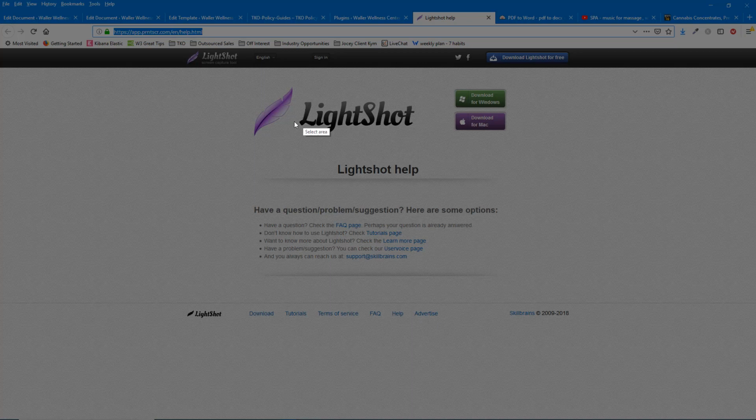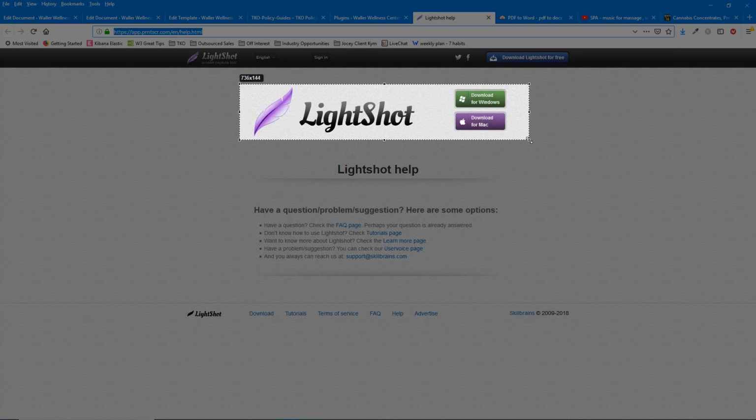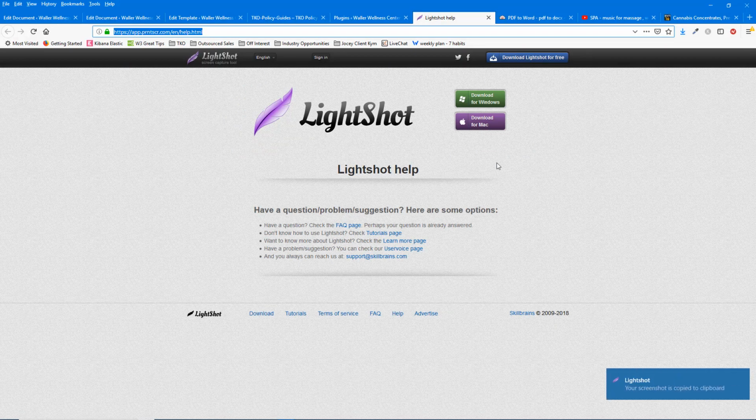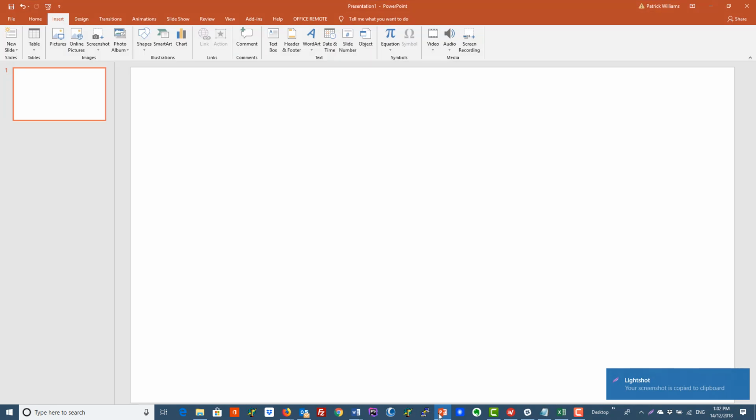So I press print screen, and now I can just select an area, and from here I can copy it, I can print it, I can save it as a file, etc. So what I'm going to do now is I'm just going to copy this, for example. So just go copy, and then I'm going to go down to my PowerPoint